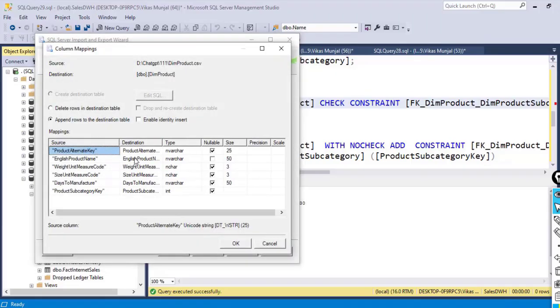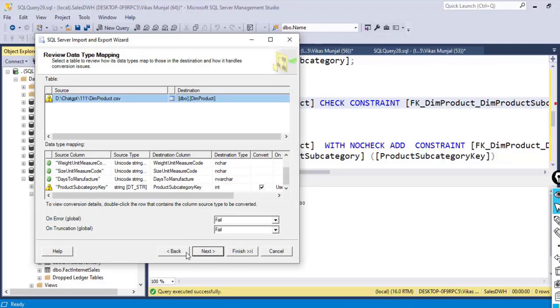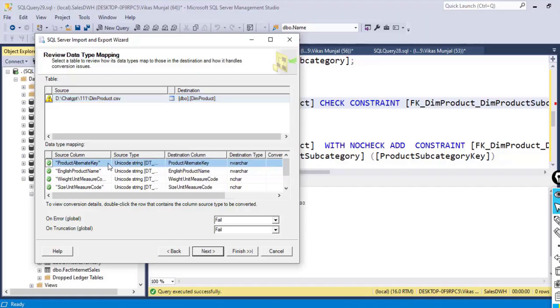Now you see all these are properly mapped. I hit OK and click next, and here you notice this is the source column and this is the destination column. So product alternate key, which is the column from the notepad file, has the data type Unicode string. The data from here will be transferred to product alternate key, which is of NVARCHAR type, a SQL Server